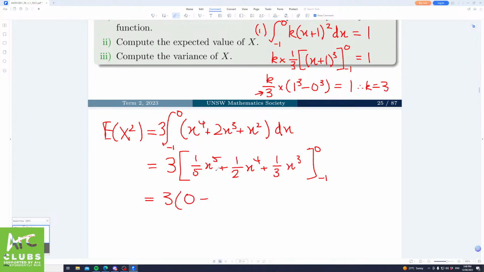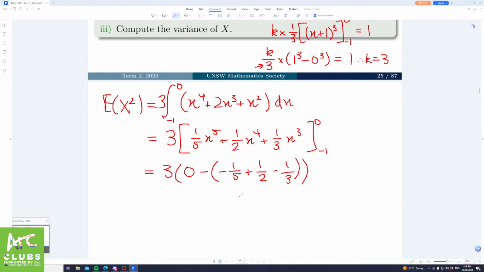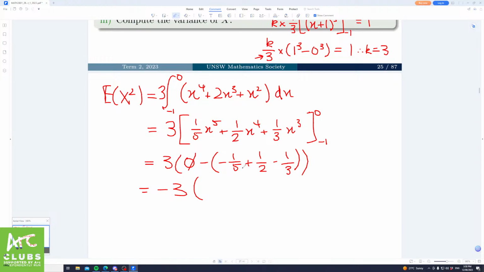Minus, when we sub in -1, we're going to get -1/5 plus 1/2 minus 1/3, which is going to be -3. Again, we don't have to worry about the 0. -3 times this expression, which should be